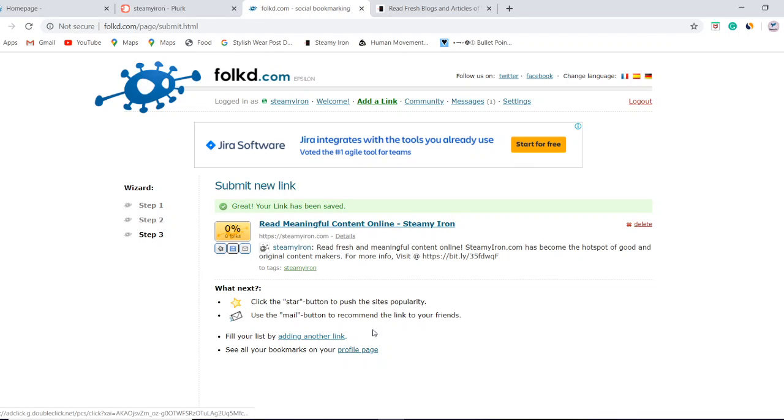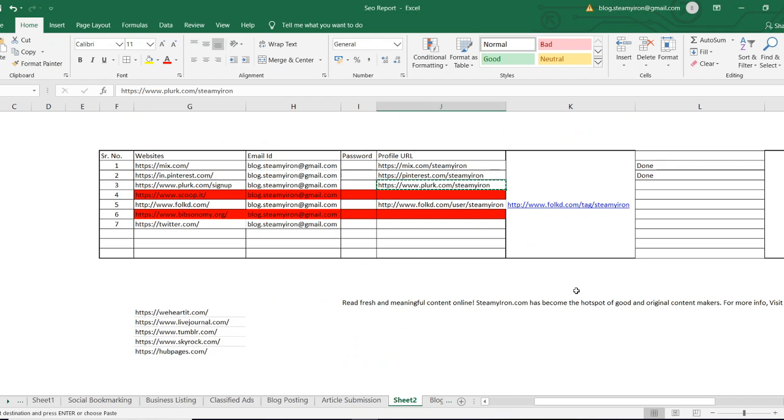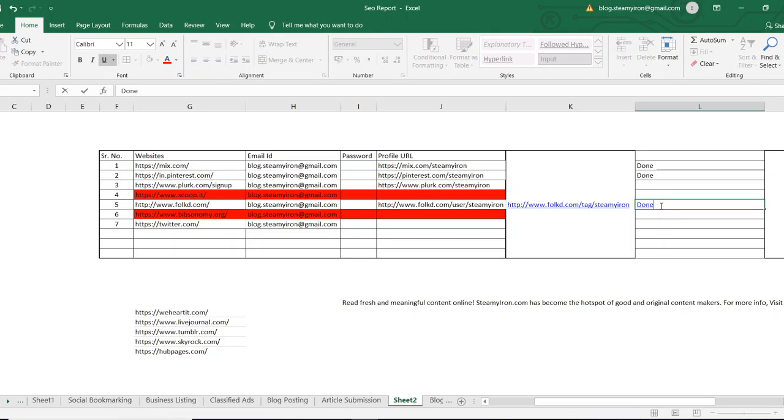Okay, fine. My link has been saved here. Plurk.com had a problem, and I have successfully submitted to folkd.com.